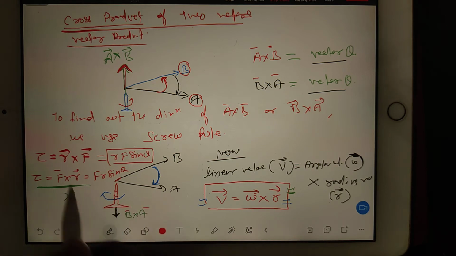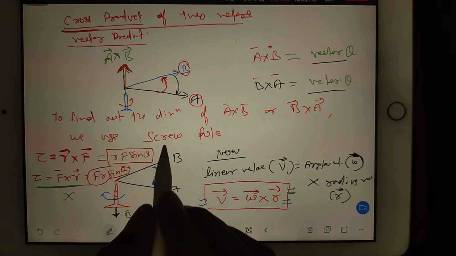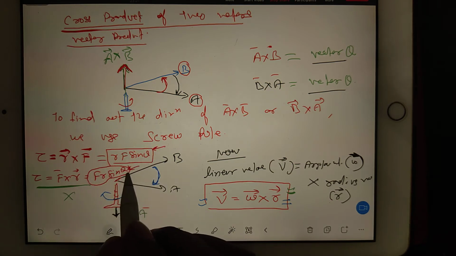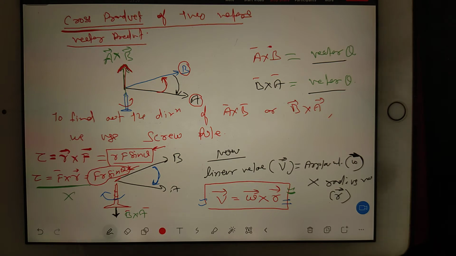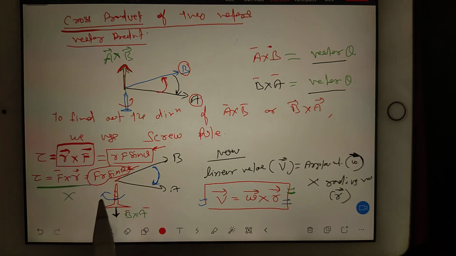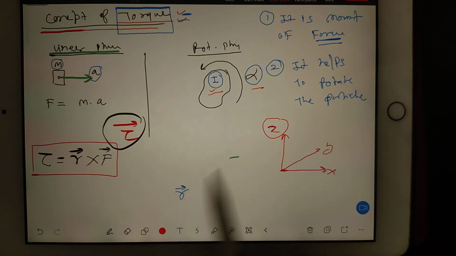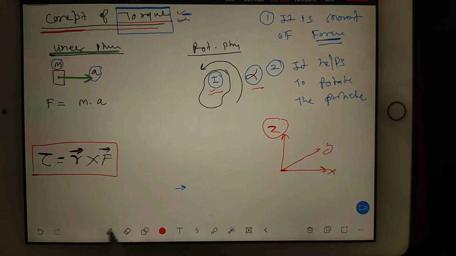Because in the second formula, magnitude wise you are getting the same answer when you multiply RF sine theta or FR sine theta. But the problem is direction. R cross F will have a different direction and F cross R will have a different direction. So that's why I have given you this diagram, and I will draw it again. Then you will realize what the main difference is and why it is very important. So now see,